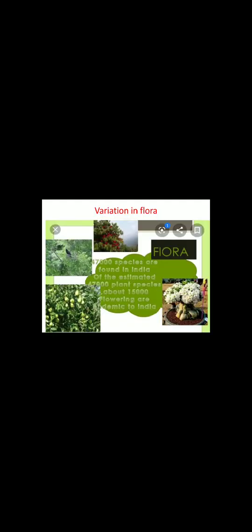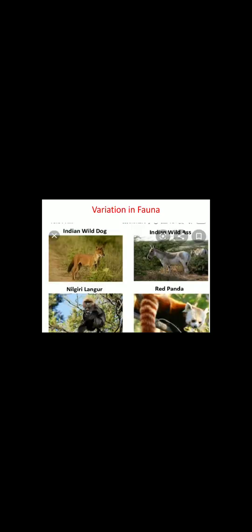Children, the impact of a vast latitudinal extent can also be seen in the flora. So India has a huge variety of plant life in terms of evergreen forest, deciduous forest, tropical thorn and scrub, mountainous forest, and so on. Coming to the various kinds of animal life, we have a variety in terms of fauna as well. So you can see the snow leopard, the Royal Bengal tiger, the elephant, and so on.